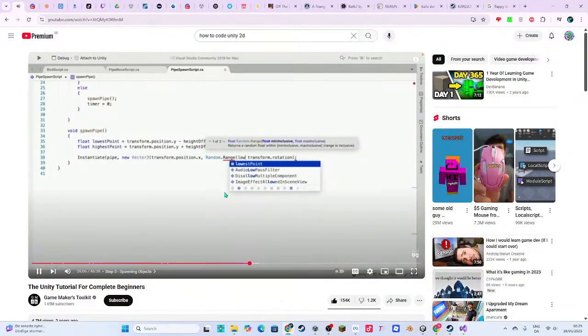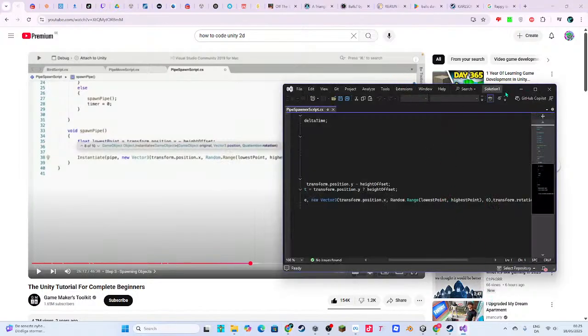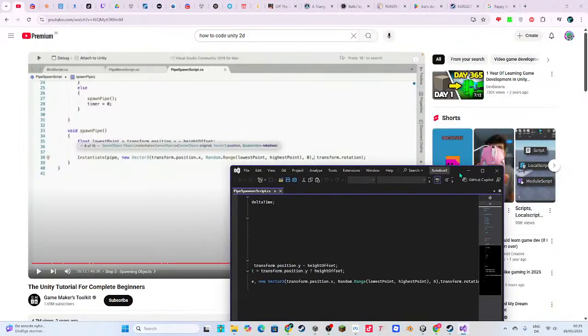That's lowest point and highest point. Then a 0 for z, and close the brackets. And look. Shit. Okay, let me see if I have that.